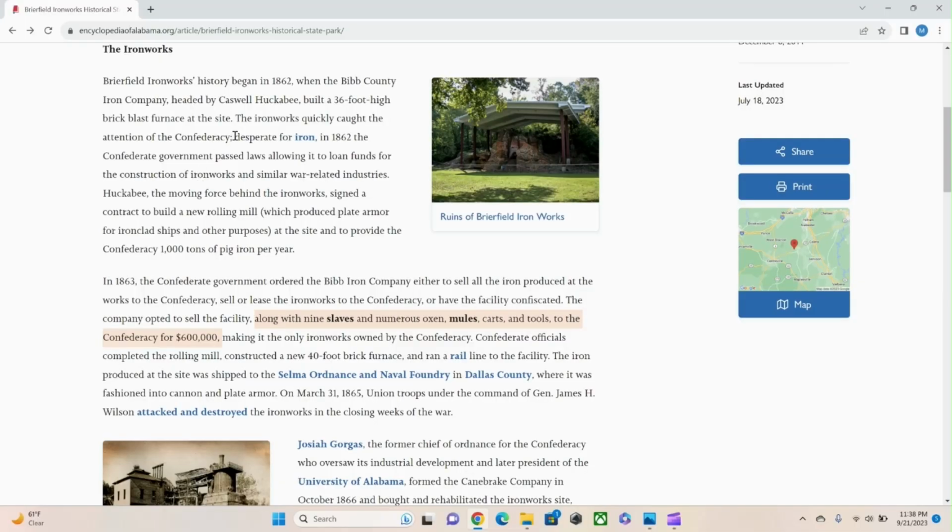Alright, so we got 1862. He started with this thing. In 1863, the Confederate government ordered the Bibb Iron Company either to sell all the iron that was produced at the works to the Confederacy. Got to sell it, release it, or you can have it confiscated. And that sounds